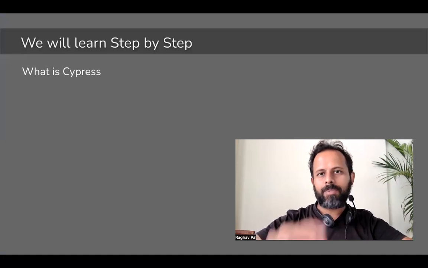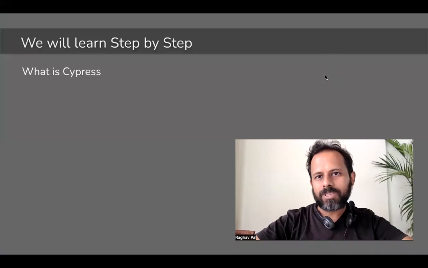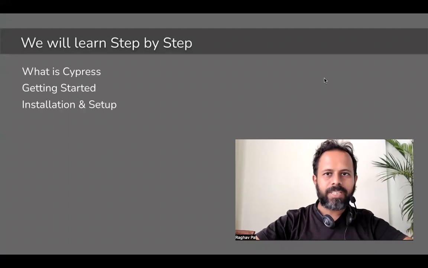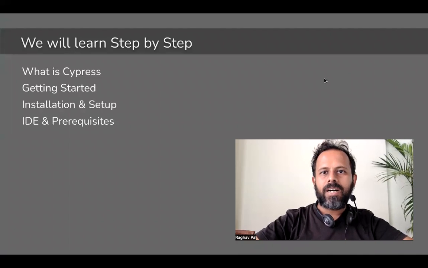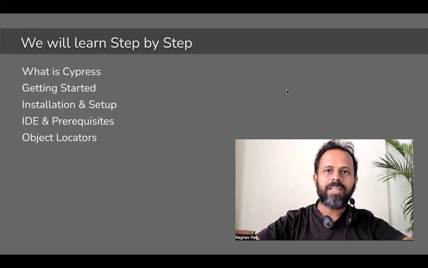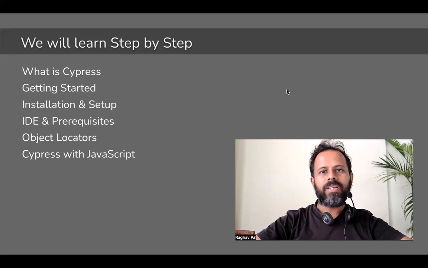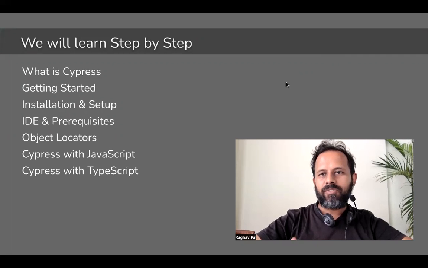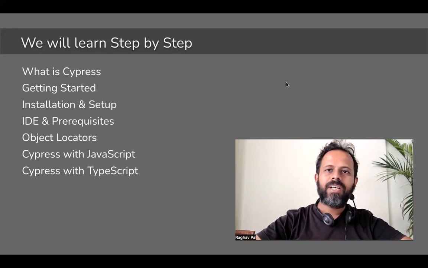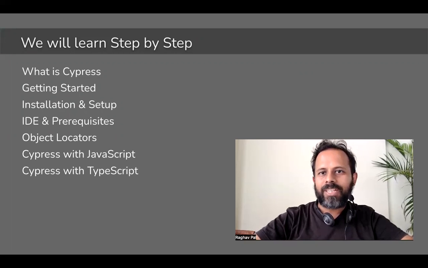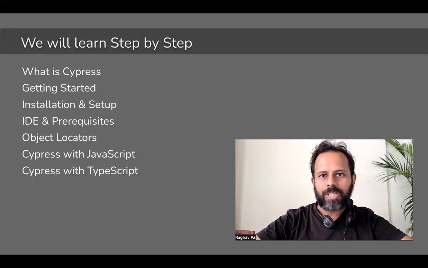We looked at what is Cypress, how do we use Cypress, why do we use Cypress. We looked at the prerequisites. We installed and set up Cypress. We looked at the features, the GUI, and then we started with the Cypress project. We created our first test, and then we also looked at the different commands we use in Cypress. And we looked at the object locators. How do we find objects on the browsers using Cypress, and then how do we add these object locators in